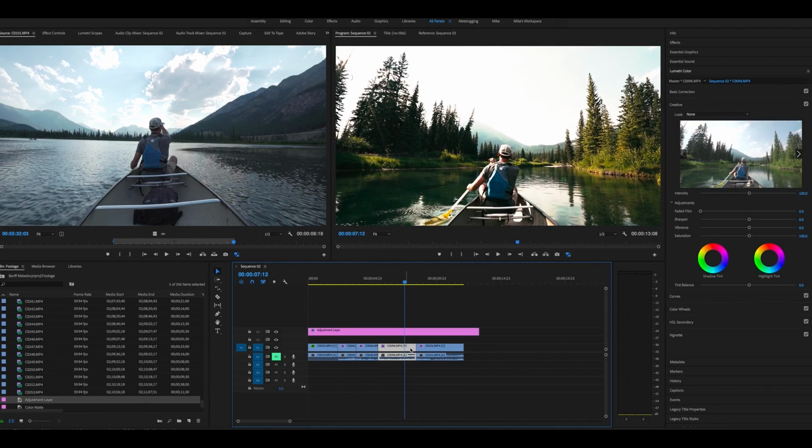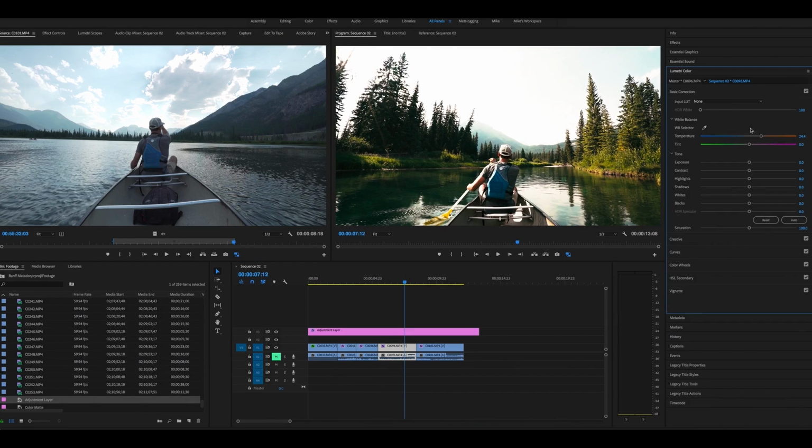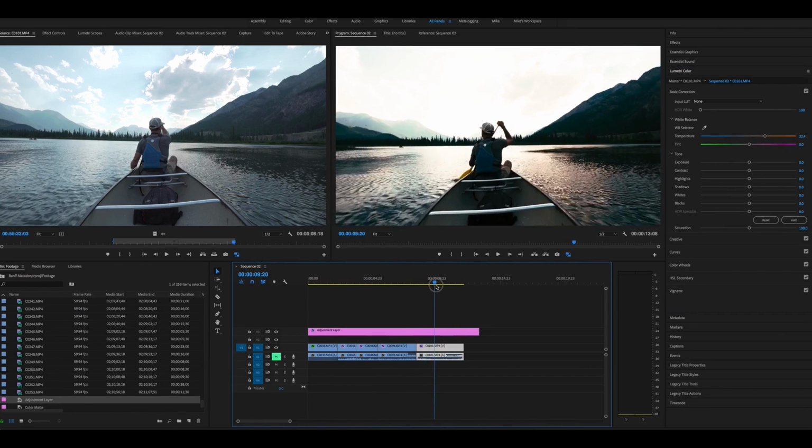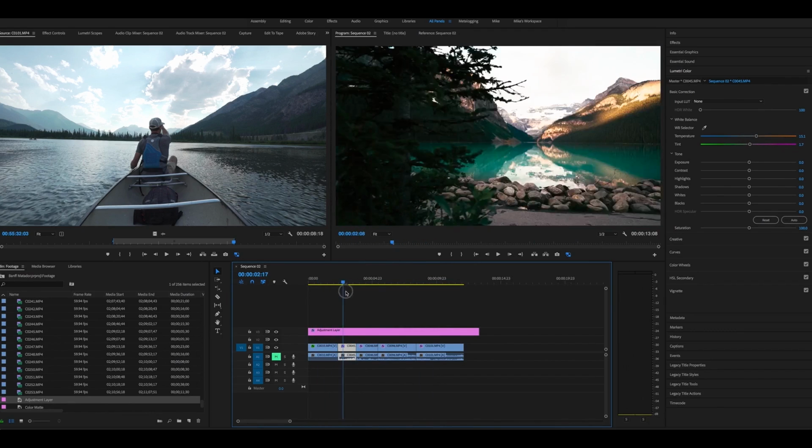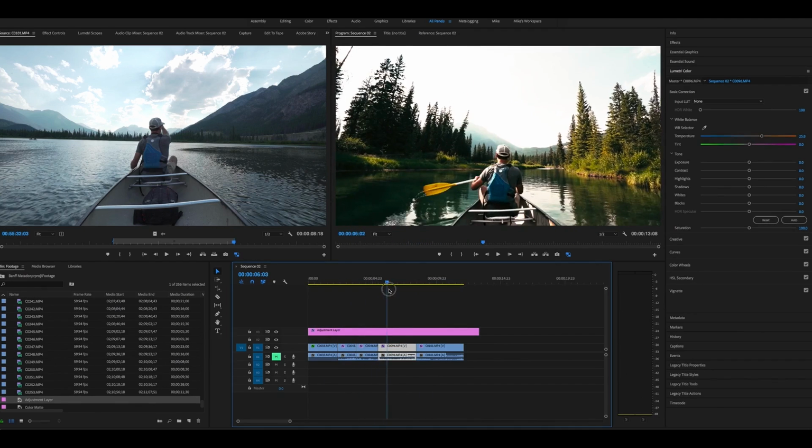Again, each time I'd go in here, I'd go back under basic correction and play around with that white balance to really find the perfect happy medium between the warmth and the coolness. So that's cool. I think I might like the other one a little bit more, but I have another one